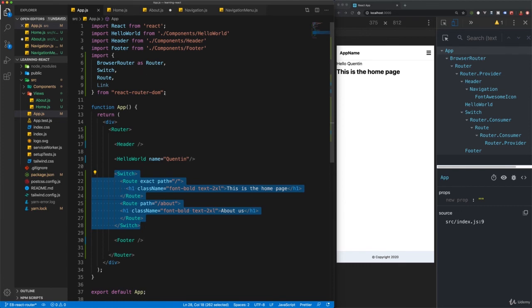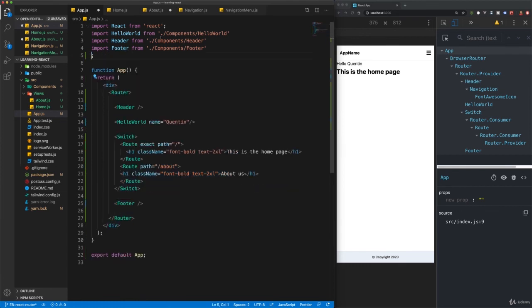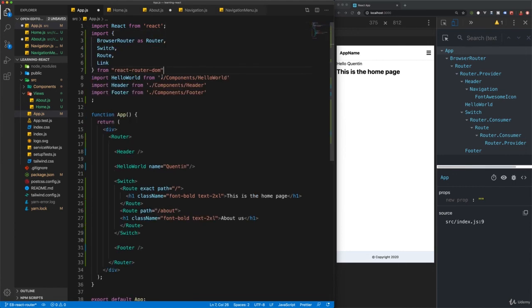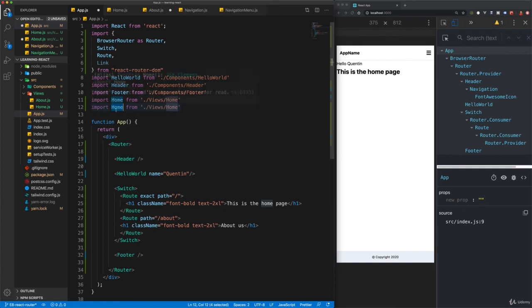And I think just to tidy things up a little bit, what I'm going to do is move the browser import to the top of the page over there, and then we'll create another import for our home page, and that'll be imported from views home, and then we'll duplicate that down and we'll import about from